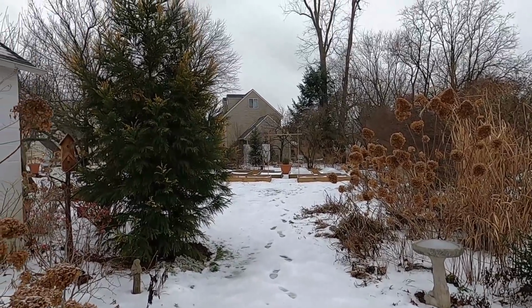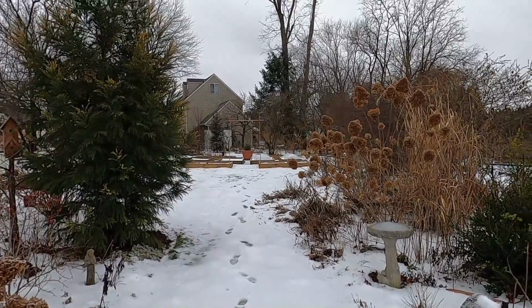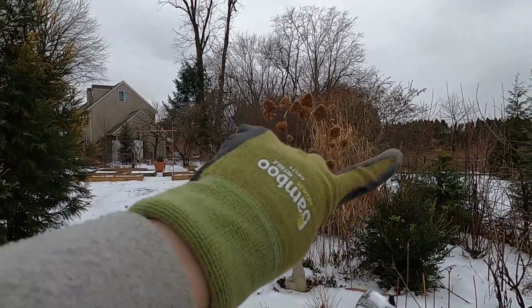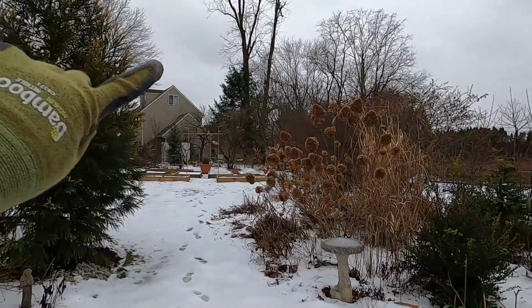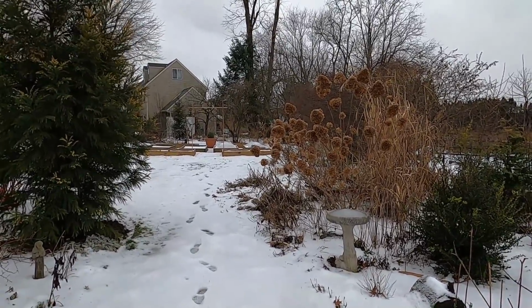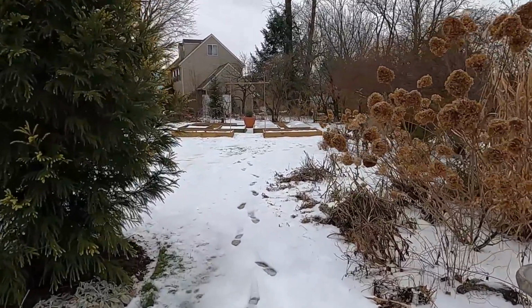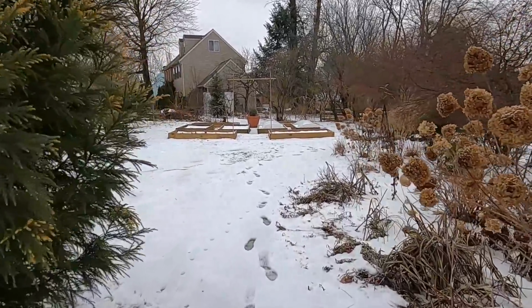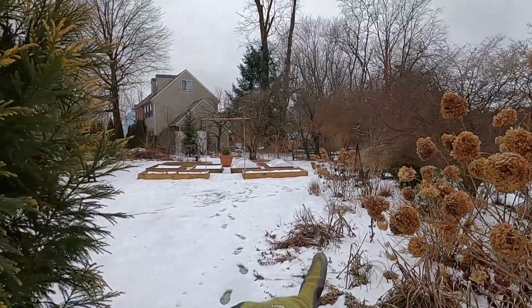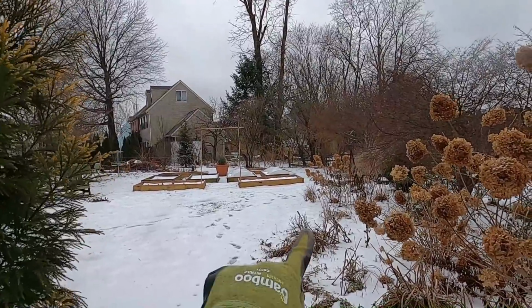I'm really happy with this Japanese cedar that's right here, but I need some more trees because you might notice that we lost a very old neighboring tree that framed the garden this way. And I really miss the structure that that tree provided, so I'm just going to bring in another tree. So I think what I'm going to do is, if we walk a little bit further, bring in a serviceberry tree right here, a multi-trunk serviceberry to be planted amongst this catmint and the